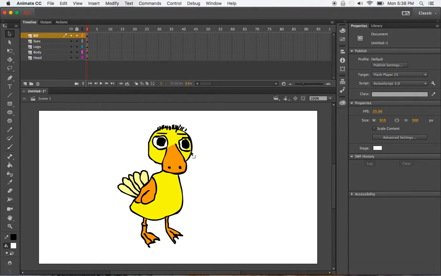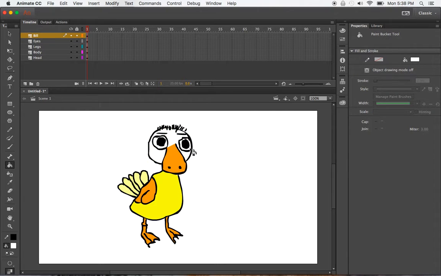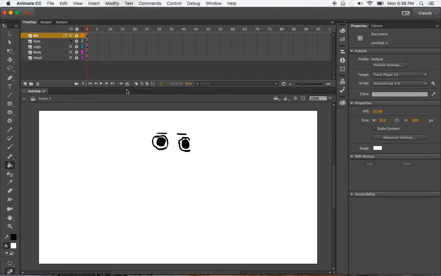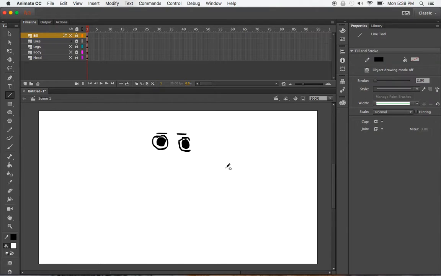So I might just use my selection tool. Not just, what have I got here? Oh, I know the issue. Just hide them all apart from the eyes. Yeah, it's not actually closed off, so it's just filling the whole head. So again, I'll need